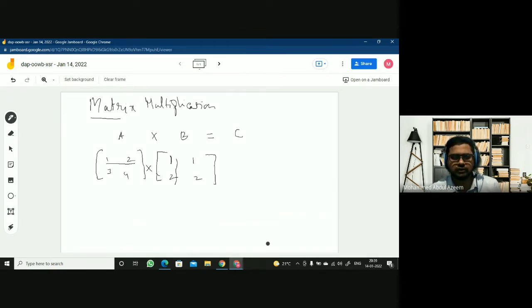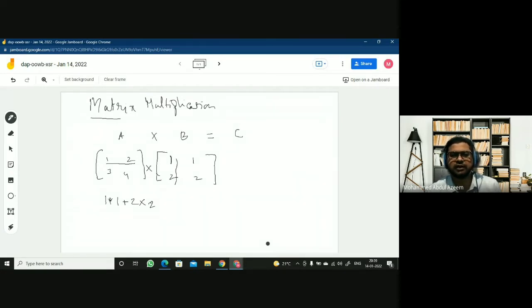So then that becomes what? 1 into 1 plus 2 into 2, right? This becomes the first element of the first row of the resulting matrix.